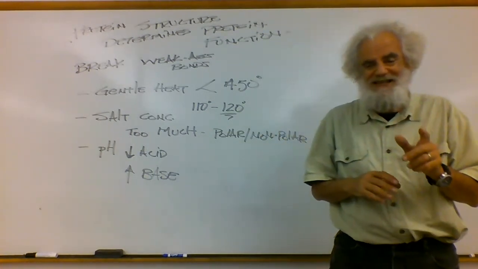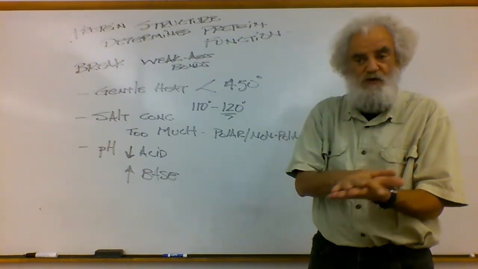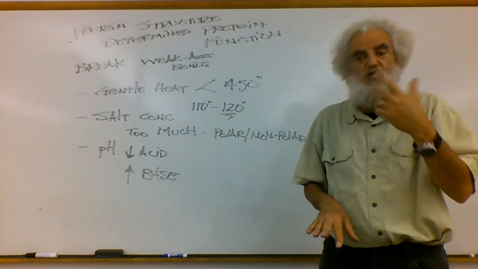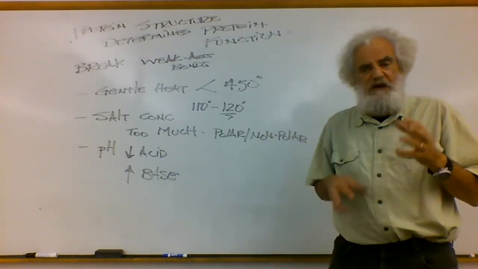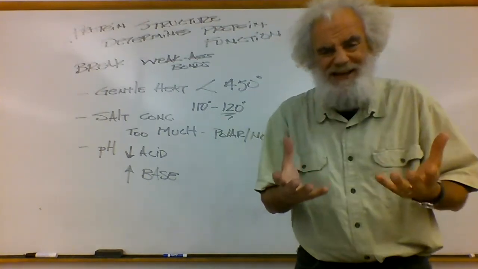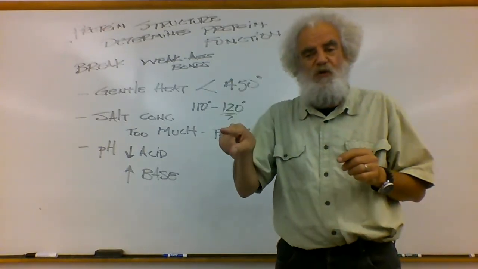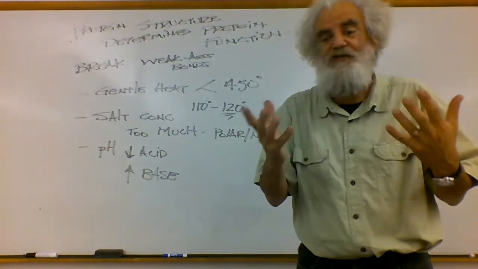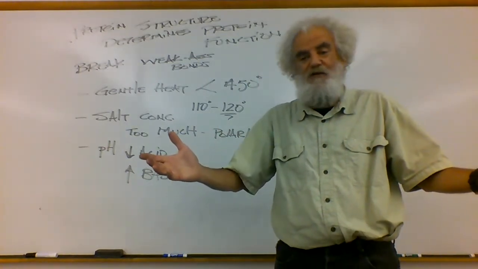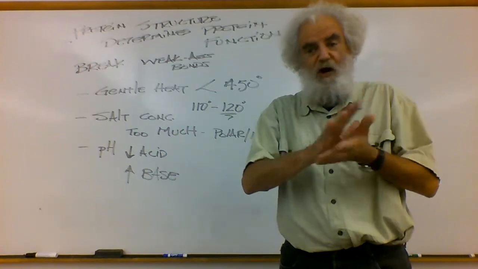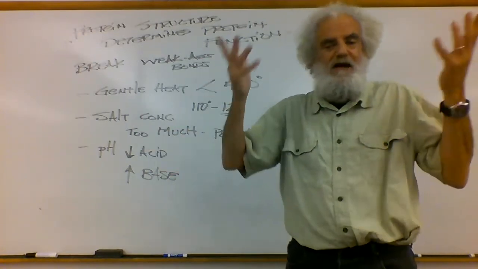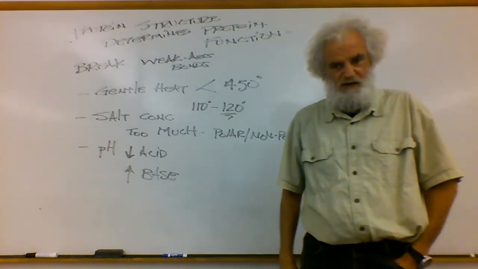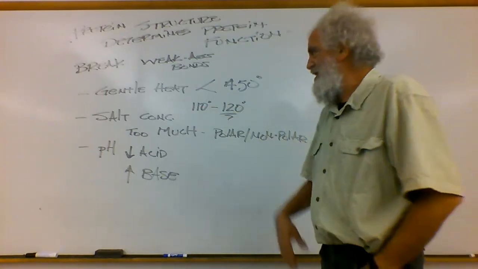Now, one of the interesting things is you would put food into a sous vide bag and hold it at that temperature for like 2 or 3 days. And you might think, oh God, it's going to be rotten. But the fact is, at 120 degrees, you're denaturing all the proteins in bacteria as well. And so there's nobody to rot. And it becomes effectively cooked. Now, obviously, on the stovetop, you bring something to a boil, you've done that. Salt concentration, we can think of salting.